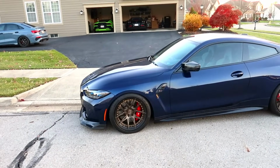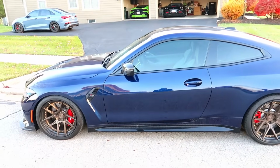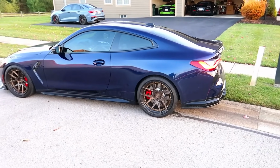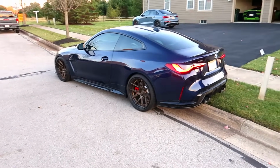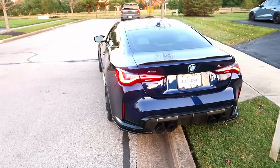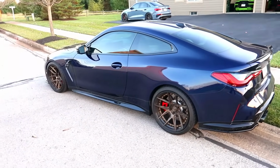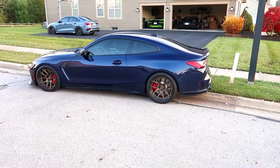The other thing I got that was built into the price of this car was window tint. That was a little bit additional, about $600 or $700. I also got one of the dealer packages to protect the paint and protect the interior. That costs a little bit more as well on top of the purchase price of the car. But the actual sticker price of the car without those options is somewhere right around $104,000. Now, if you wanted to get a brand new 2024 BMW M4,